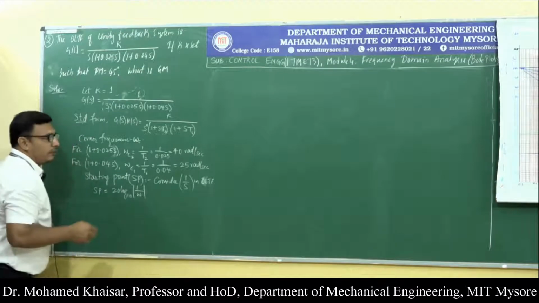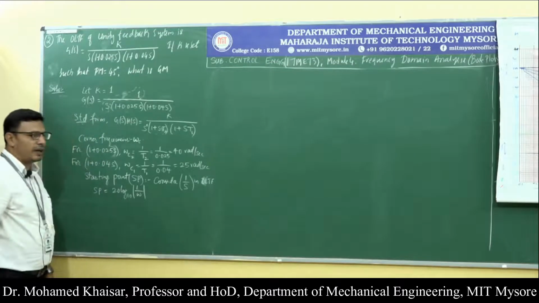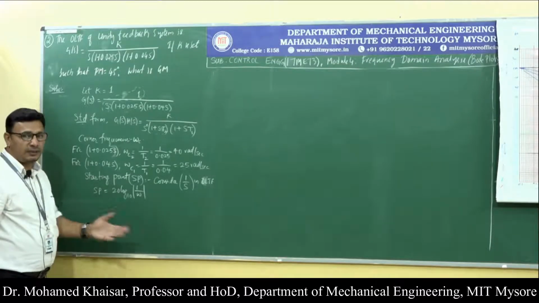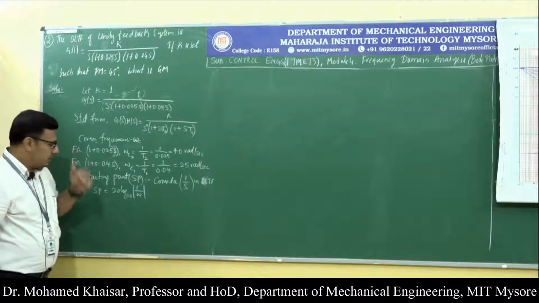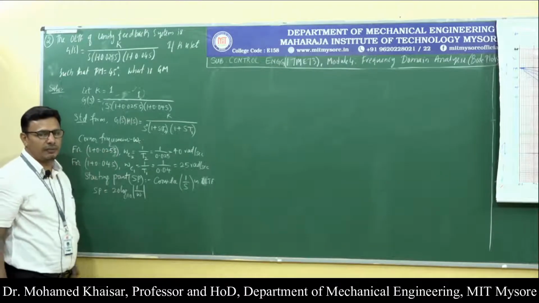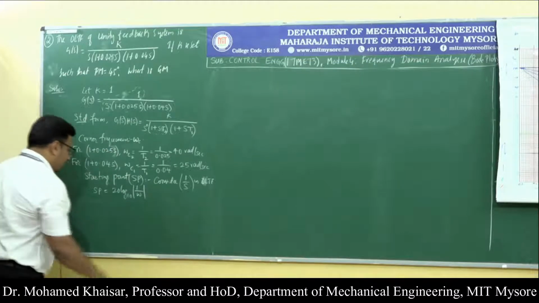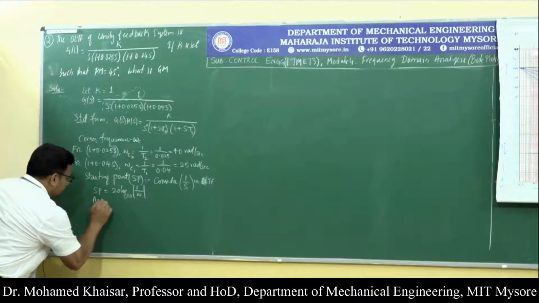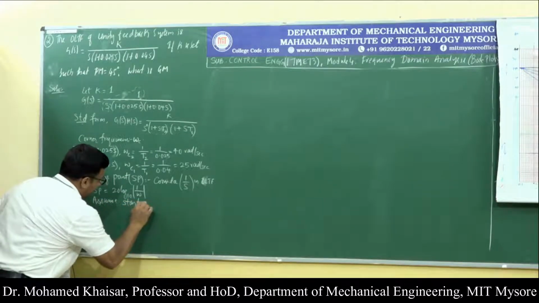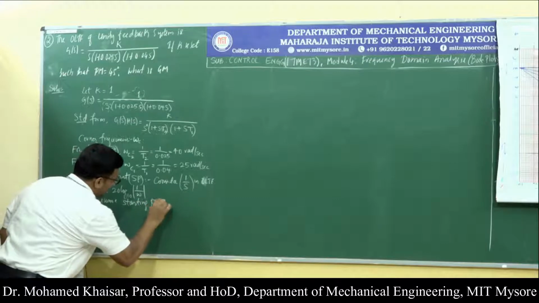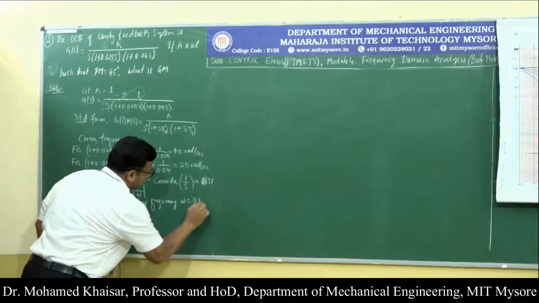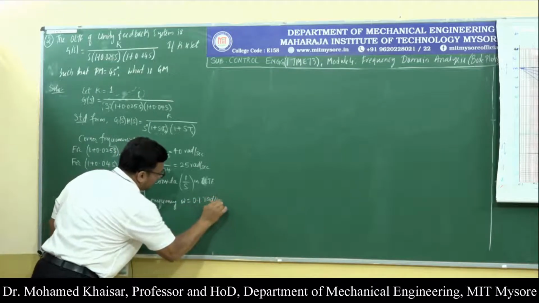Now you need to assume the starting frequency again, just like in the previous problem. Assume the starting frequency such that the starting point comes positive so many decibels. This is the requirement. Now assume the starting frequency omega is equal to, again, let us see, 0.1 radians per second if it works out for us.